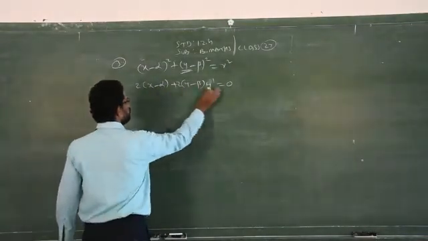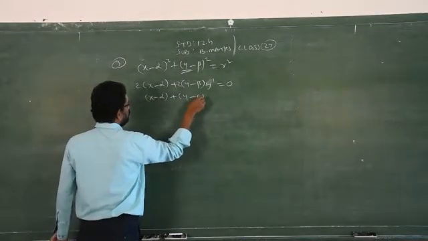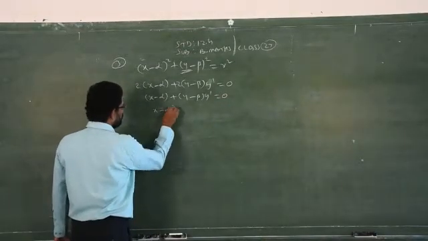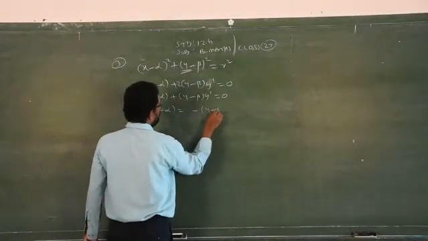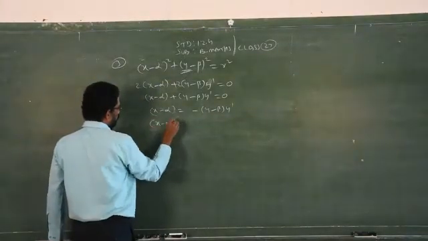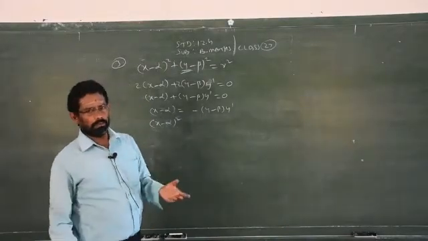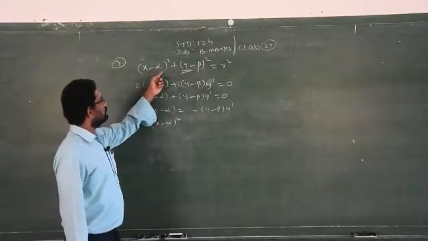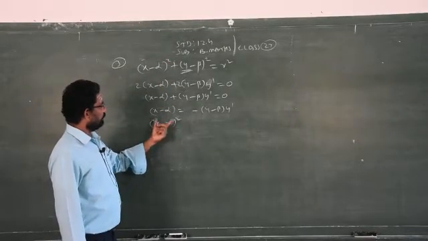Now everything is reduced to this equation: (x − α) + (y − β) y' = 0. Here I can easily find x − α by transferring the other term to the right side: x − α = −(y − β) y'. Squaring on both sides, because I told you already, you can use whatever algebraic method to eliminate α and β, I need (x − α) whole squared in the question. Therefore, I can find (x − α)² from the first order.